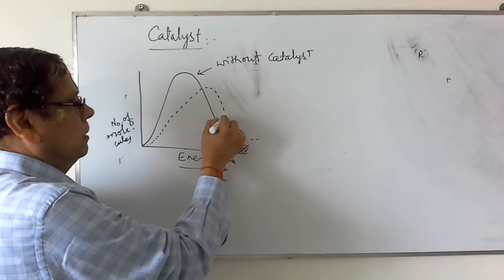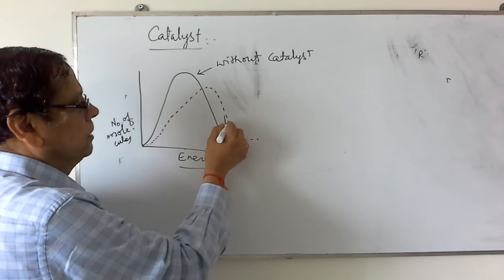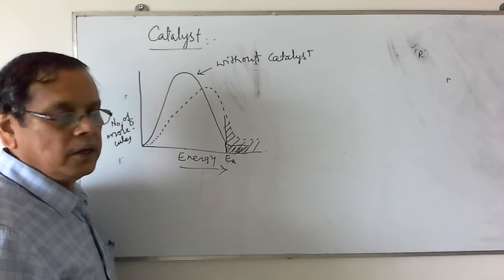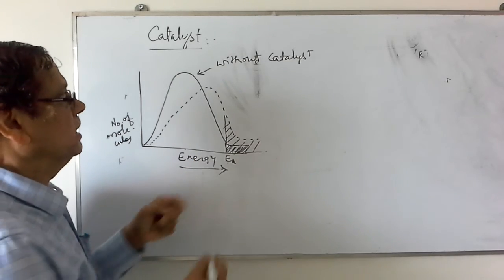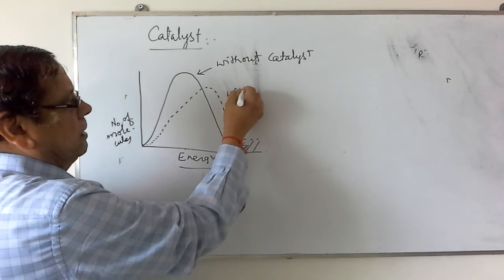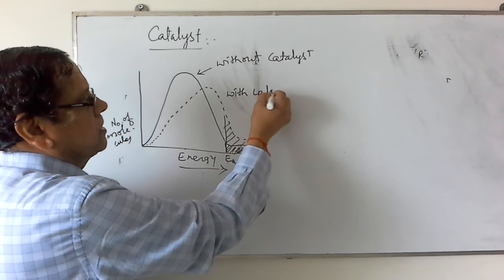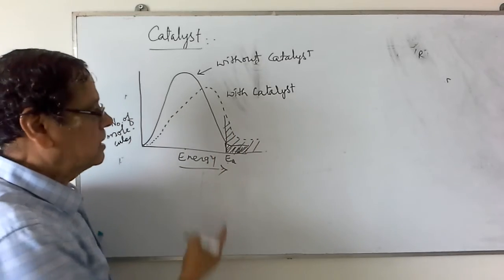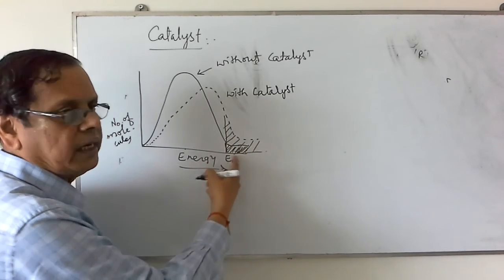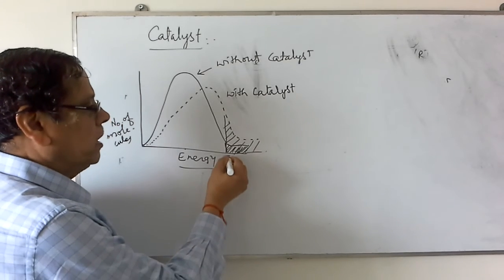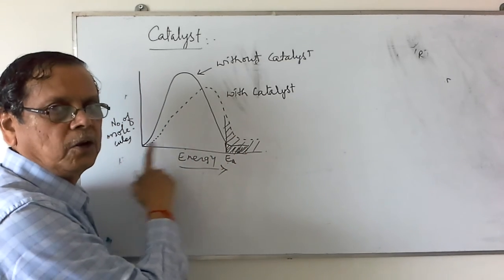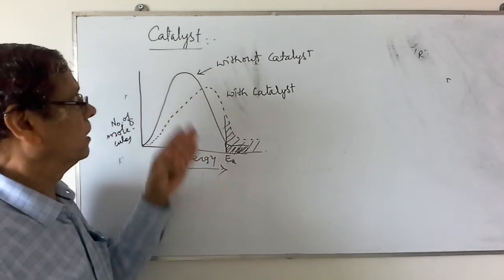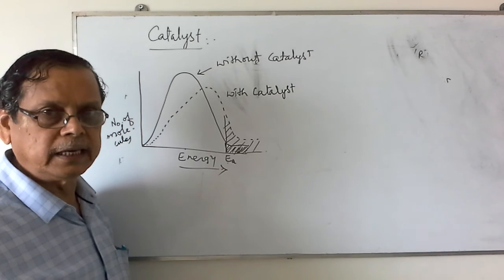Now you observe that with the same energy of activation, there will be more number of molecules possessing energy of activation. So as the temperature increases, or in the presence of the catalyst, the reaction proceeds in a different path in such a way that more molecules will possess energy of activation. As the number of molecules possessing energy of activation increases, there will be an increase in the velocity of the reaction. So this is what we observe, the effect of the addition of the catalyst on the rate of reaction.